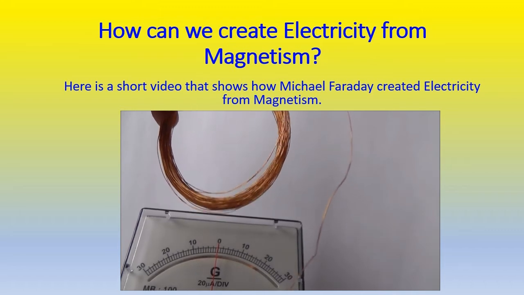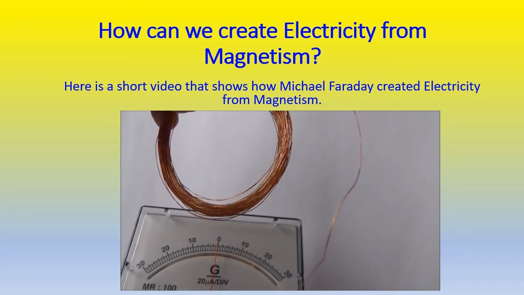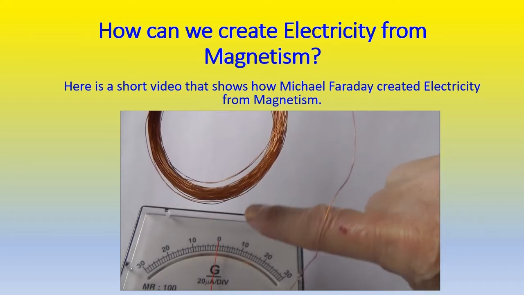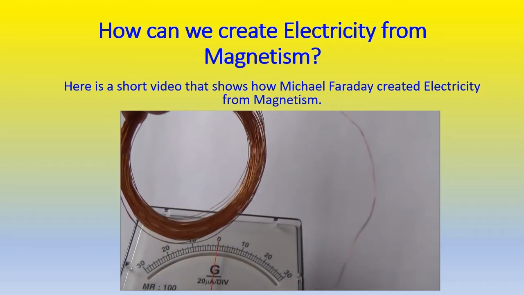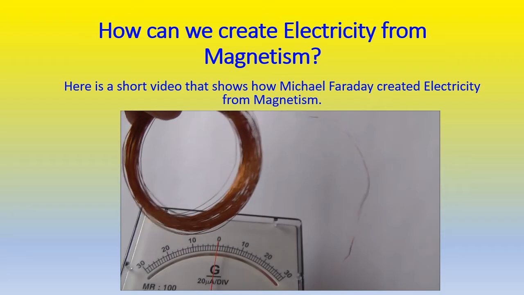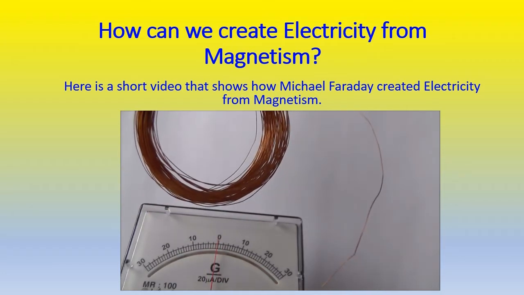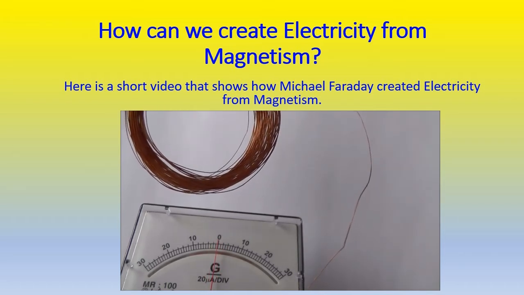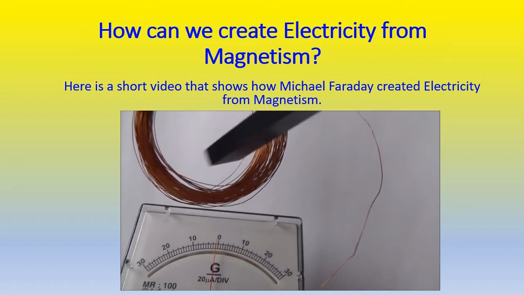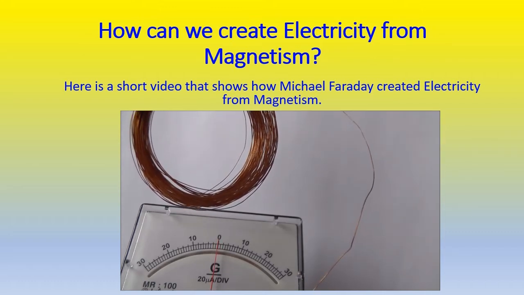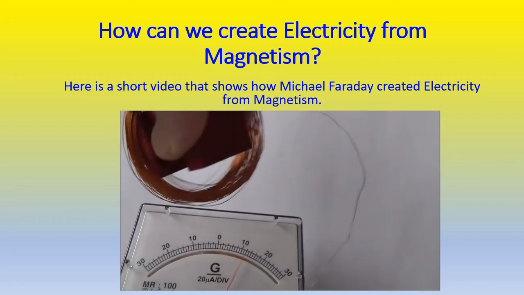I'm now going to move a magnet through the coil, and what we should see is a deflection or a movement on the actual galvanometer. So we'll try this magnet first. If I try a weaker magnet, I get a much smaller deflection. And if I try a stronger magnet,